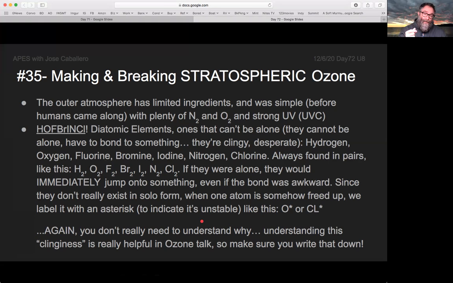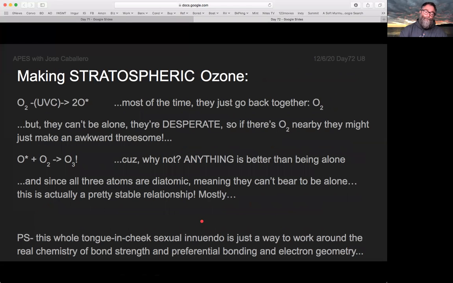This behavior of clinginess is really important for making and breaking ozone. It helps a lot. So let's go make ozone. Remember, we're in the outer atmosphere. There's lots of nitrogen, there's lots of oxygen, and there's lots of radiation. Okay? Now,